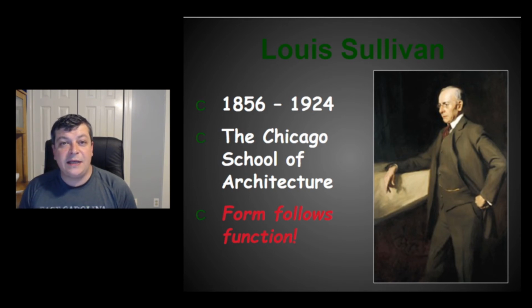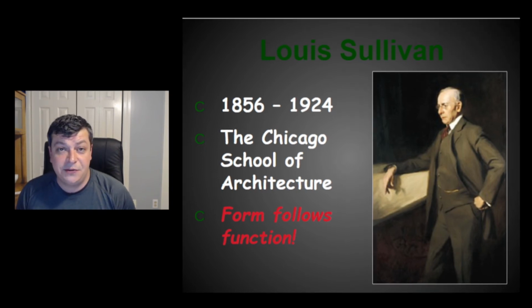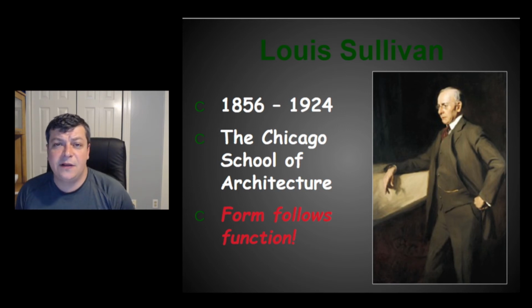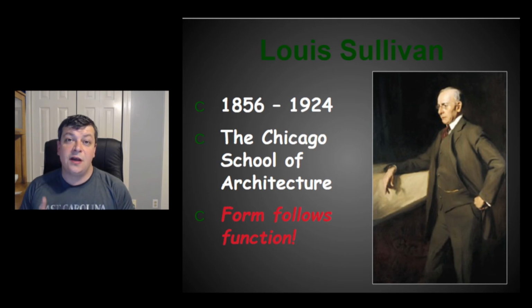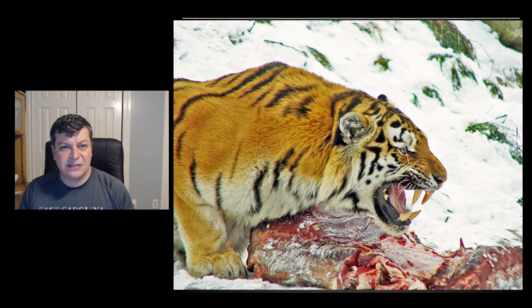So if you want a chair, it should be functional to sit in. It should not be made of materials that hurt you when you sit. He says that you can find this in all aspects of life. And one way I like to think of this is when my kids were into dinosaurs when they were little children. And one of the first things you teach or learn about dinosaurs is that some are carnivores, some are herbivores, and some are omnivores. And one way that archaeologists are able to tell if an animal was a herbivore or a carnivore was the shape of their teeth. Think of a tiger, right?